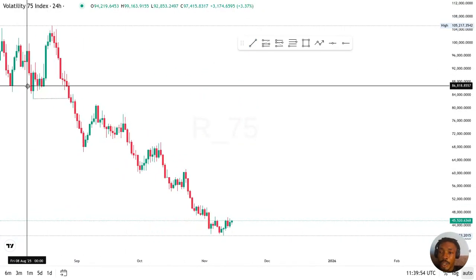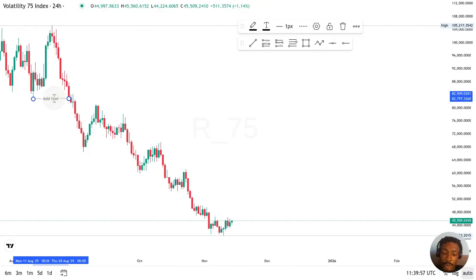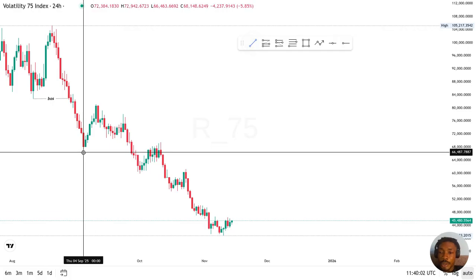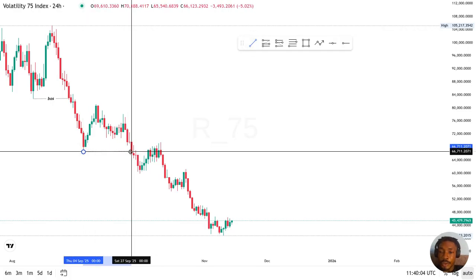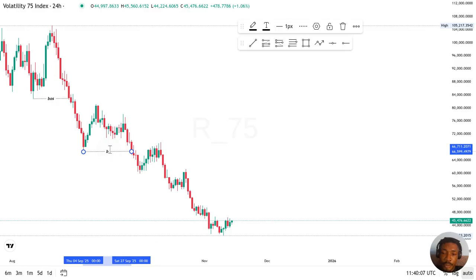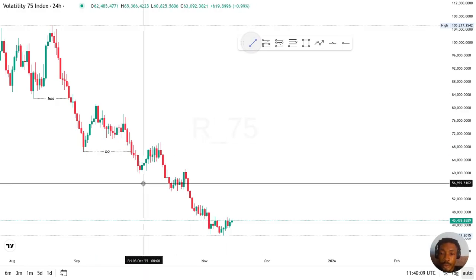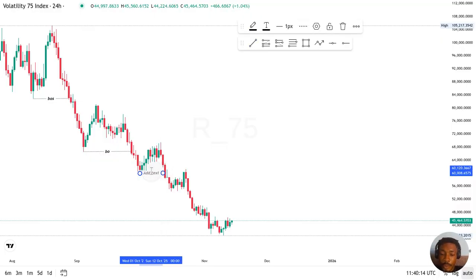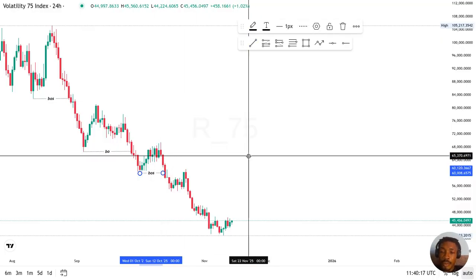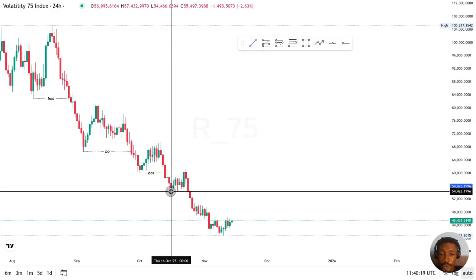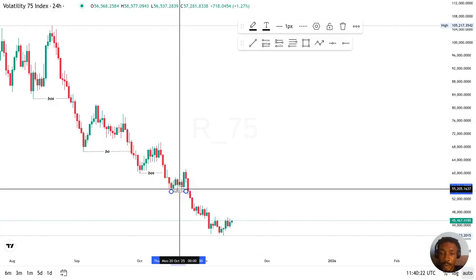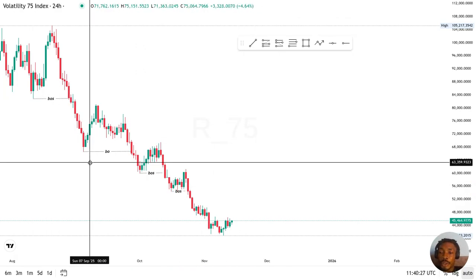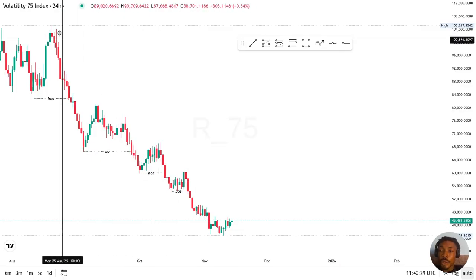So we see that, okay, first of all, we have a BOS here. We also have a BOS here, break of structure. BOS here too. We also have a break of structure here. So break of structure, break of structure, break of structure, break of structure, showing us that the market